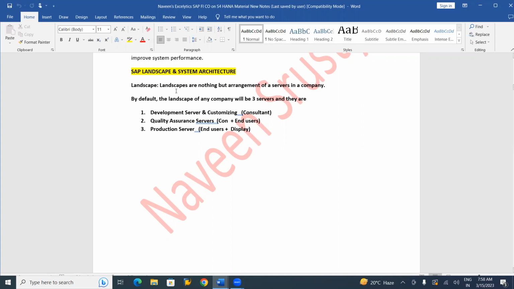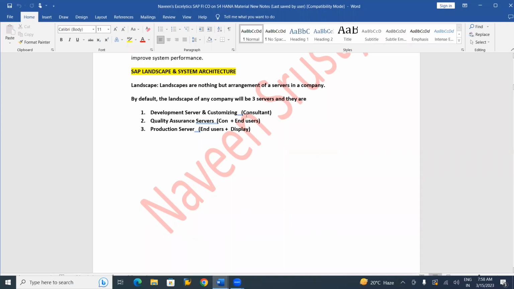Landscape is nothing but the arrangement of servers in a company. By default, the landscape of any company or project will be 3 servers.